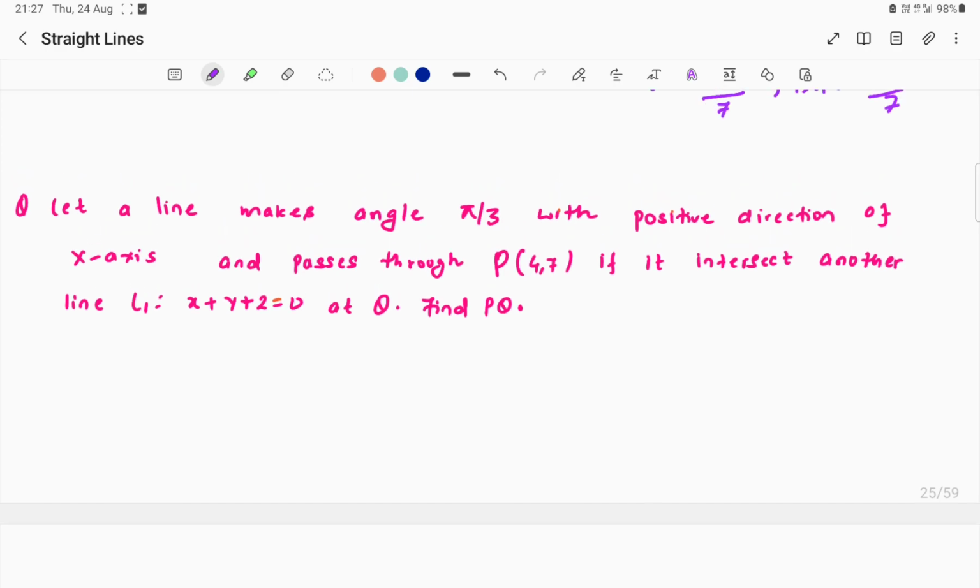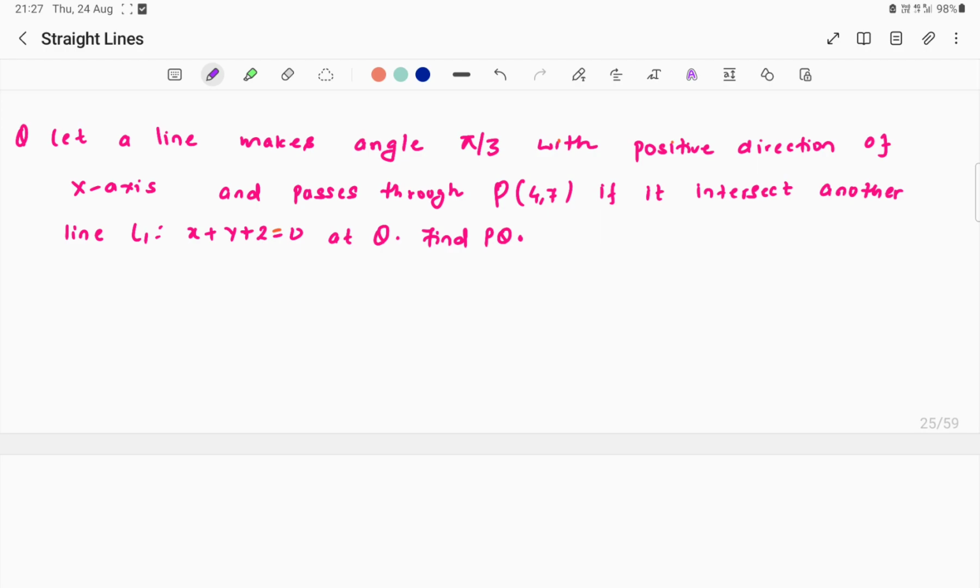Okay, now let's see another question. Let a line make an angle pi by 3 with the positive direction of x-axis and pass through the point P(4, 7). If it intersects another line at Q, find PQ. I think it is exactly the same question. What is happening is